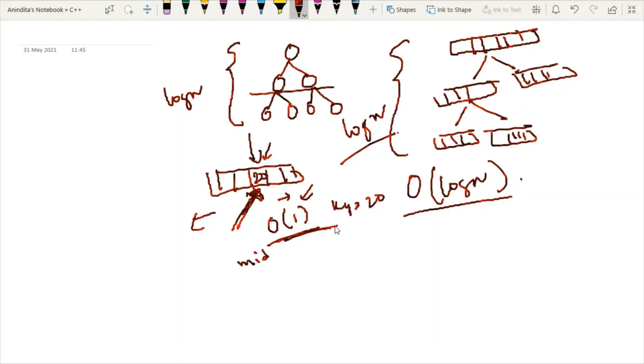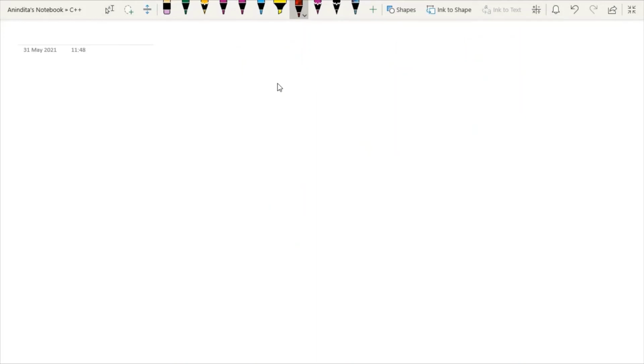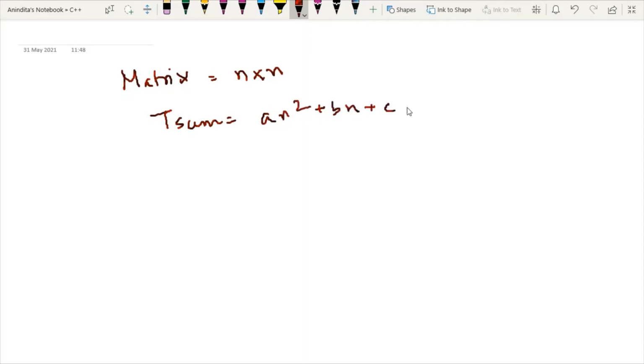But I have one critical case also. Whenever you are dealing with a matrix, and if it is a square matrix, then we have to understand that whatever time complexity I am calculating will be in the form of this. Whenever we have one particular square matrix, try to understand for accessing any square matrix, how many loops we need.